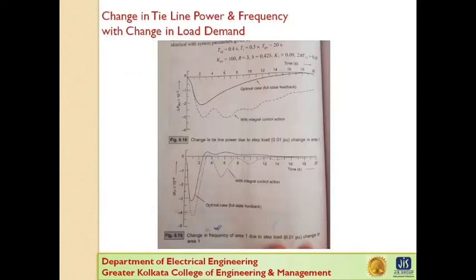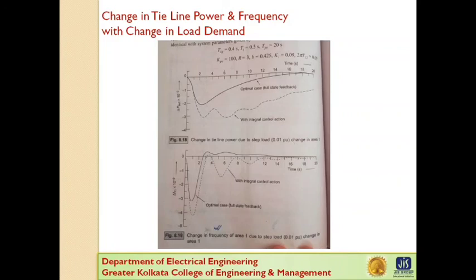So under steady condition, the change in tie line power and frequency of each area is 0, and this is achieved by integration of ACEs in the feedback loop of each area. Dynamic response is difficult to obtain by the transfer function approach because of the complexity of the blocks and the multi-input, multi-output situation: inputs delta PD1, delta PD2, outputs delta P tie 1, delta P tie 2, delta F1, delta F2. A more organized and convenient analysis is through the state space approach, that means a time domain approach.